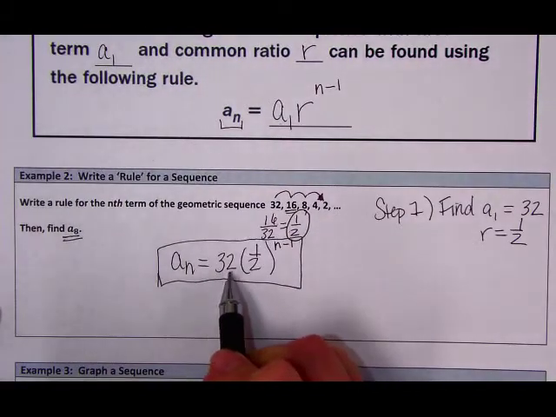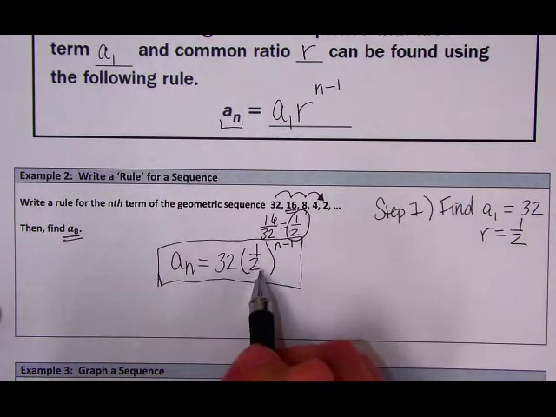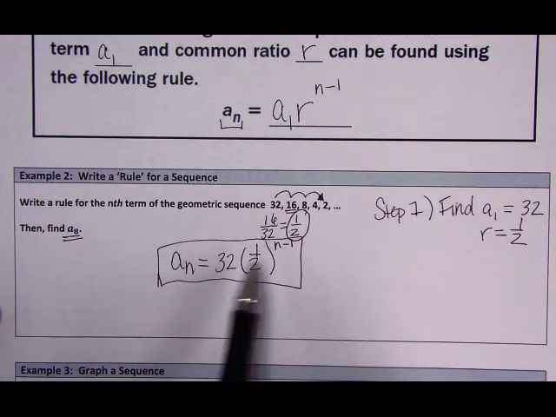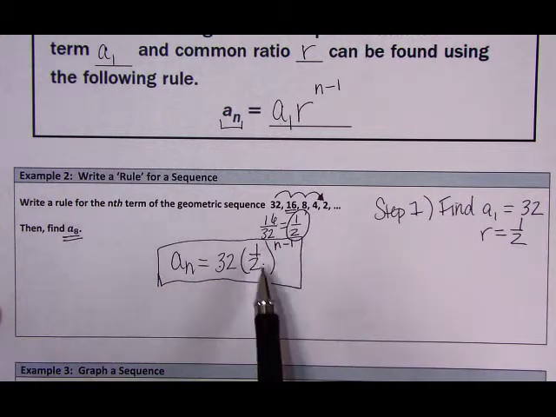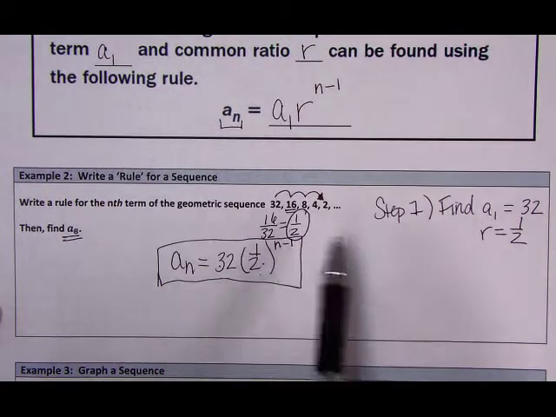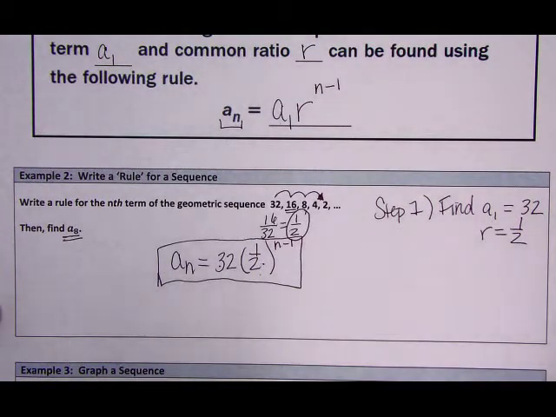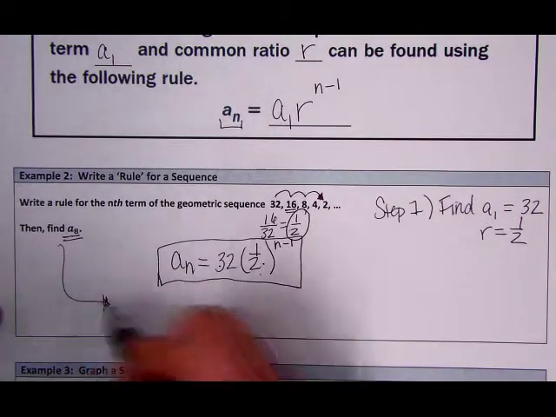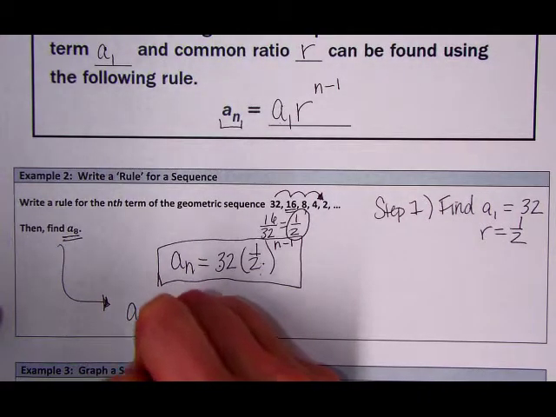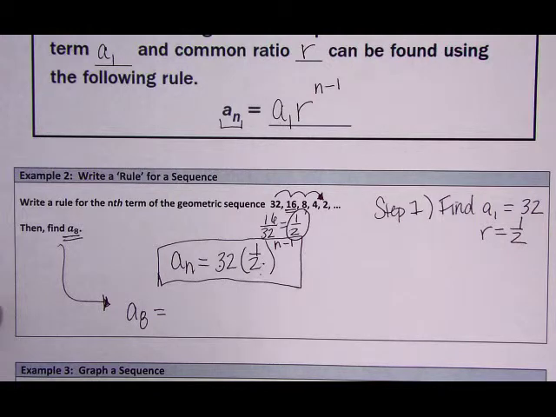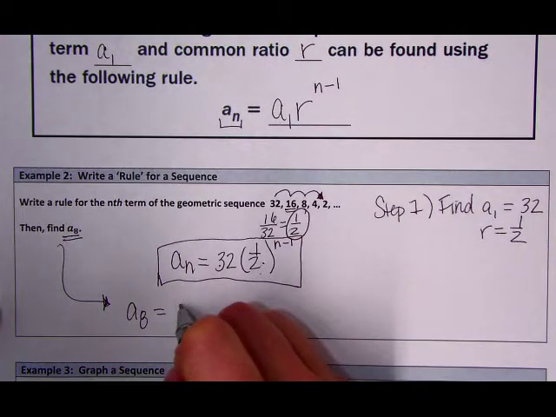We can't take 32 and multiply it by 1/2 or divide it by 2 because these are two separate values. The 1/2 is the only number that's being raised to the n minus 1, so we have to keep these separate. So your answer for the rule is a sub n is equal to 32 times 1/2 raised to the n minus 1 power. To find your 8th term, we're going to plug in 8 wherever n is,